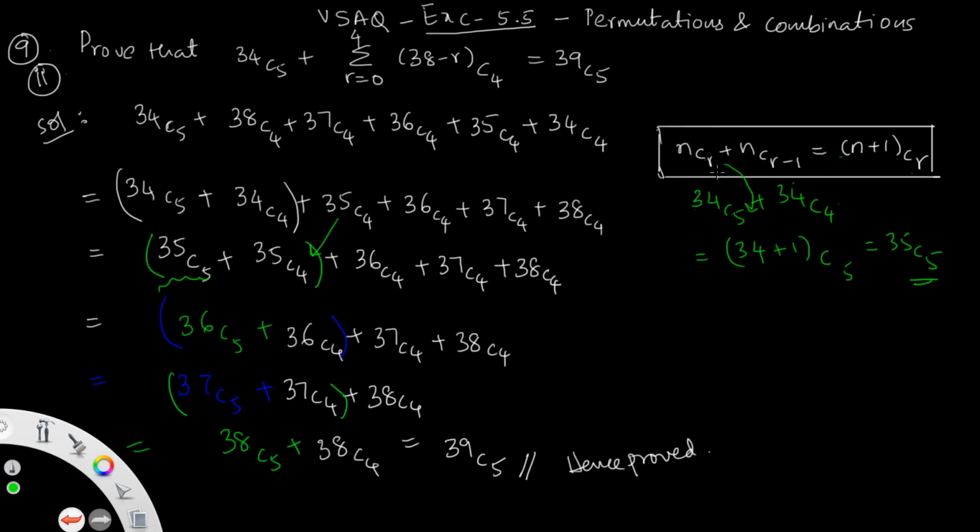The rth term and the next continuation term, one decreasing term, n equal to the same, then you write n plus 1 C r. By using this formula, rearranging and adding the first and second terms in the form of this formula, you can get 39C5 in the last. So this is the ninth bit, second question.